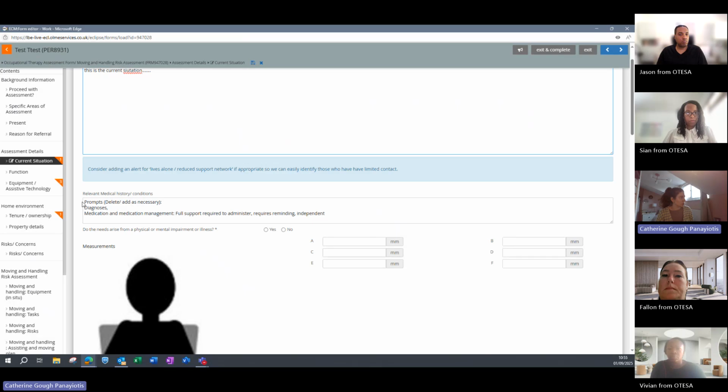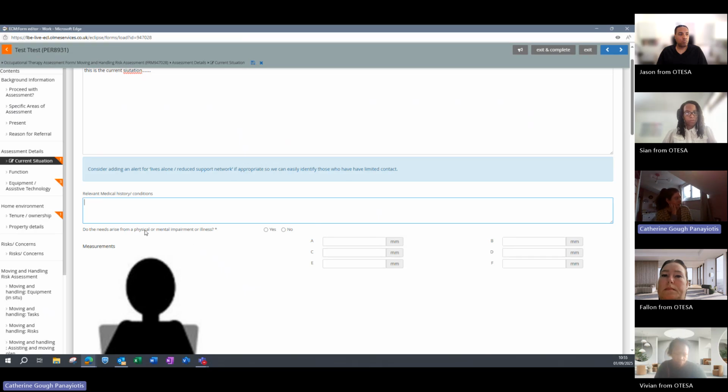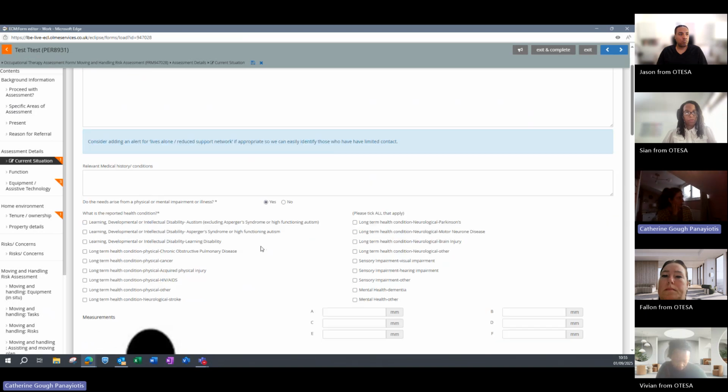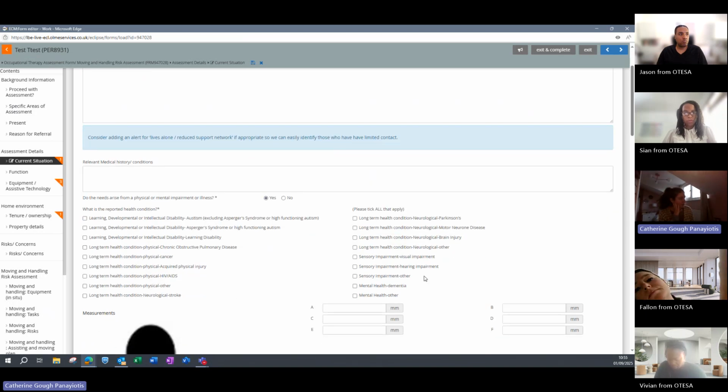Relevant medical history conditions. Again, these are just prompts, so you would take those out and add whatever you need to. This is one of our reporting questions: does it arise from physical, mental impairment or illness? Once you say yes to that, you've got the areas of need, so you would choose the most predominant one that is leading to the support. So let's say for this person,